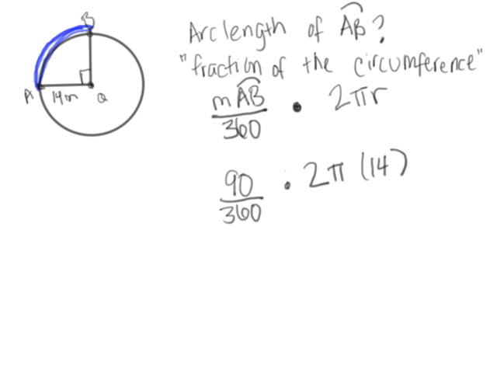90 out of 360, if you were to simplify that, that would be 1/4 of 2 pi r, which is 2 pi, or 2 times 14, you could go ahead and write that as 28 pi. So the entire circumference is 28 pi, and then this is a fourth of it. That makes sense because the fraction fits the situation. This is a fourth of the entire circle, 90 out of 360. So when you do that, you get 7 pi,